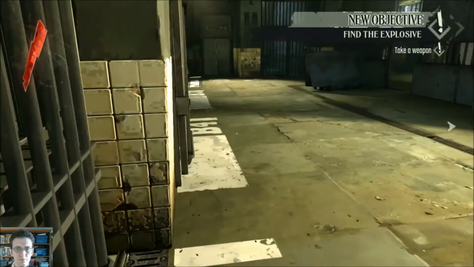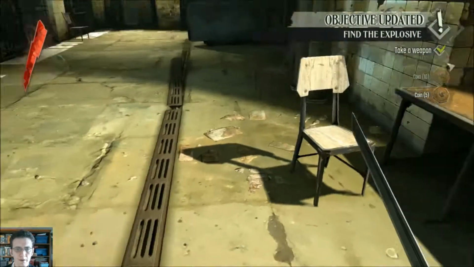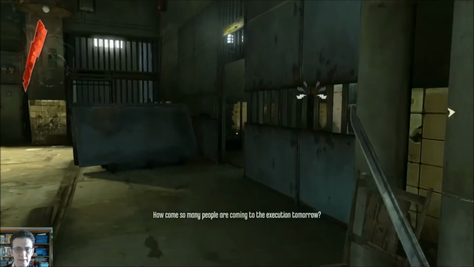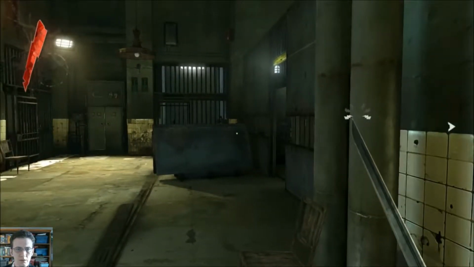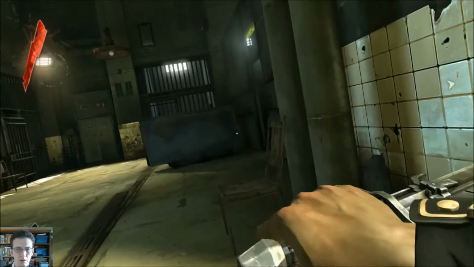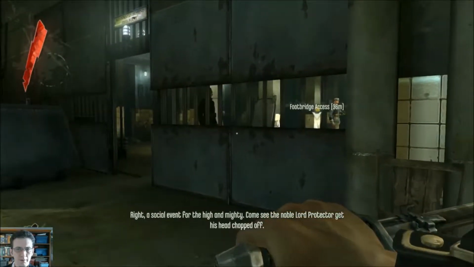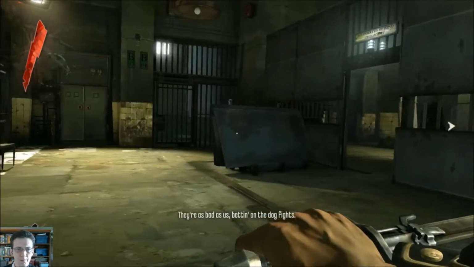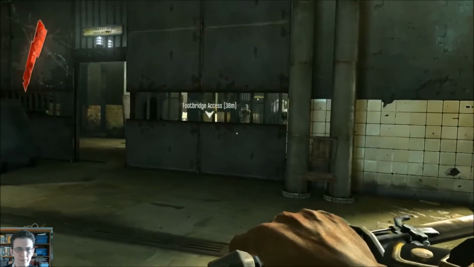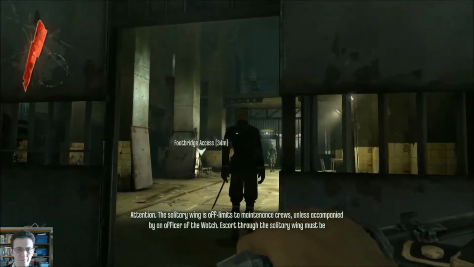Hey, don't you owe me a drink? So many people are coming to the execution tomorrow. It's on account of Corvo, the one who killed the Empress and abducted her daughter, Emily. So it's an occasion. Right. A social event for the high and mighty. Come see the noble Lord Protector get his head chopped off. As bad as us betting on the dogfights. Attention. The solitary wing is off limits to maintenance crews, unless accompanied by an officer of the...